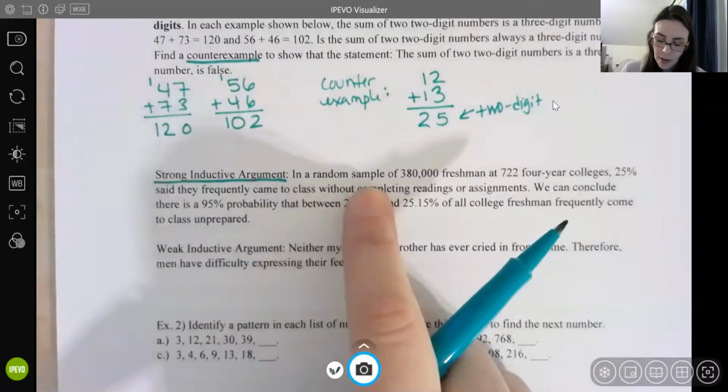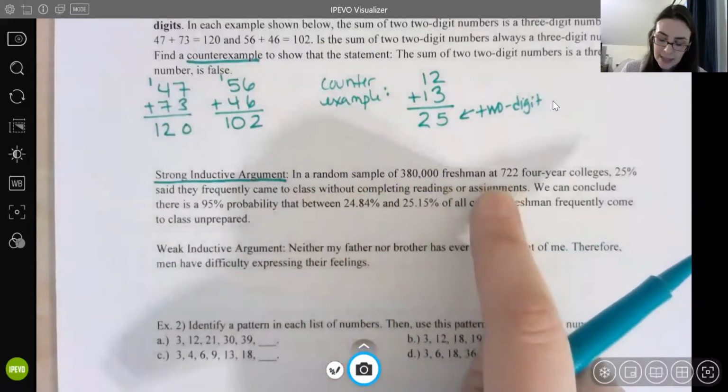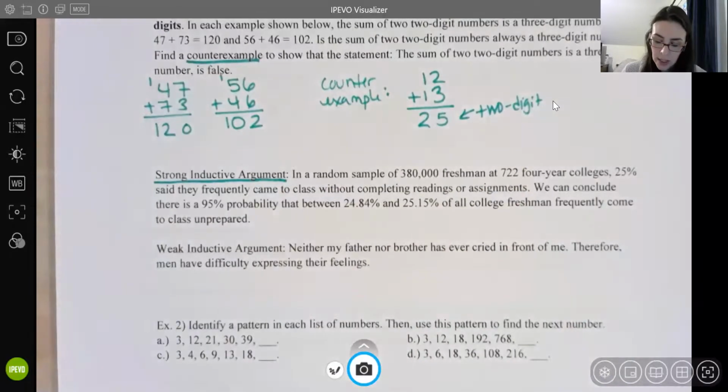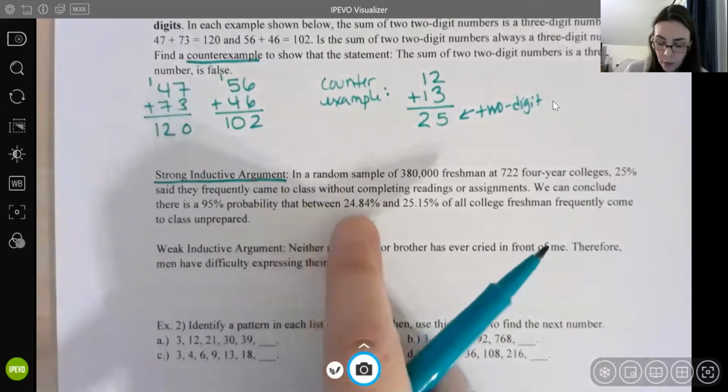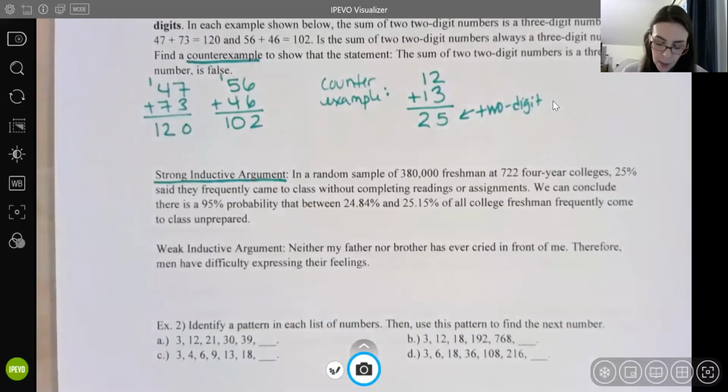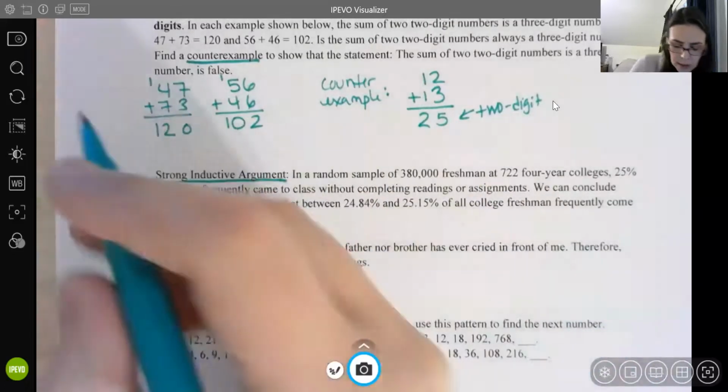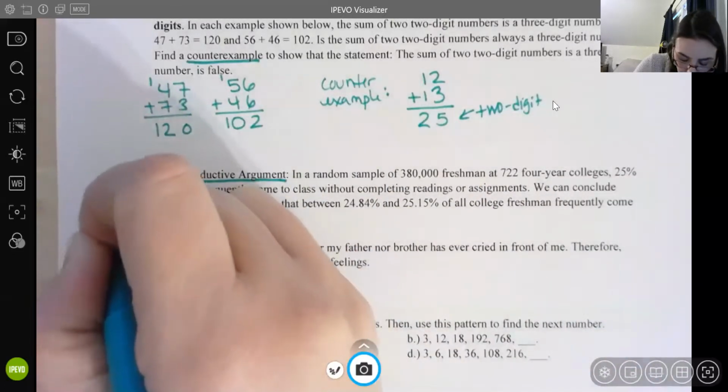In a random sample of 380,000 freshmen at 722 four-year colleges, 25% said they frequently came to class without completing reading or assignments. We can conclude there is a 95% probability that between 24.84% and 25.15% of all college freshmen frequently come to class unprepared. Now, this actually uses statistics